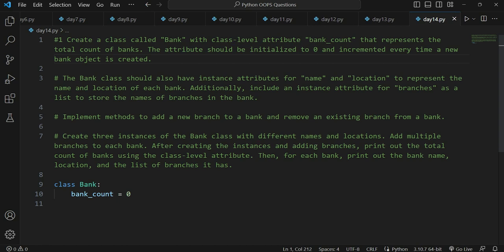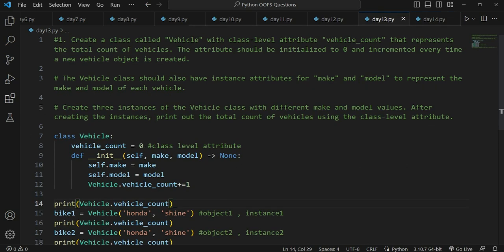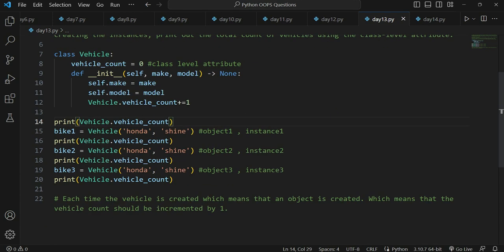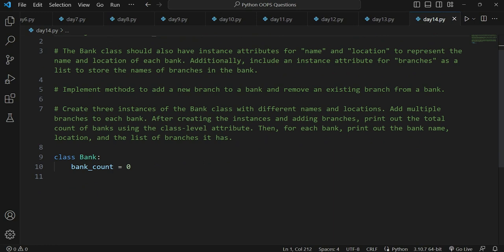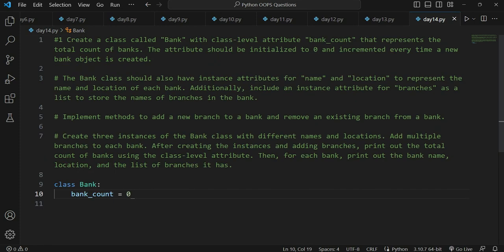I have already explained that each time an object was created, the vehicle count was incremented. Similarly here, each time an object of Bank is created, the bank count would be incremented by 1.